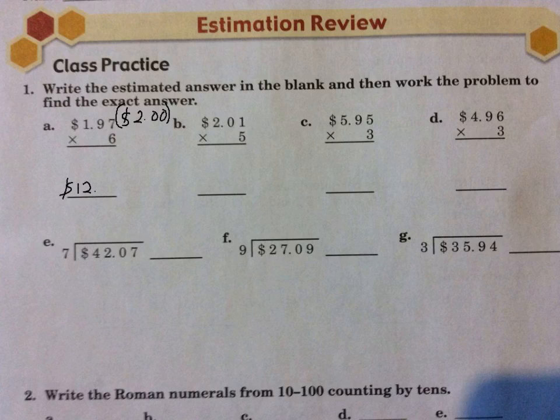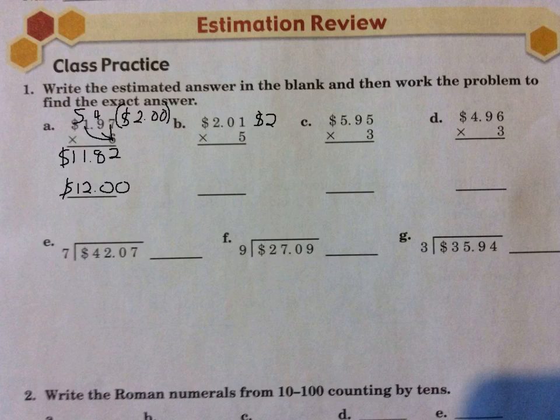And then we also need to find out what our real answer is. 6 times 7 would be 42. 6 times 9, 54, plus 4 more, 58. And 6 times 1 is 6, plus 5 is 11. And so our real answer is $11.82, exact answer. And then our estimated answer is $12. So they're both answers that we need. B,